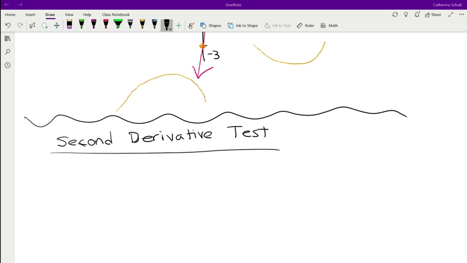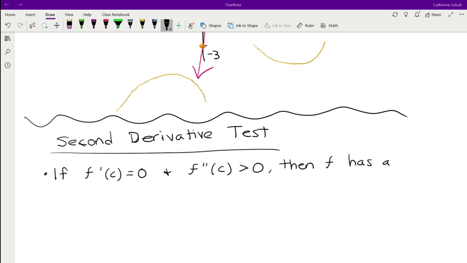Okay, so first of all, if f prime of c is equal to 0, and the double derivative is greater than 0, then f